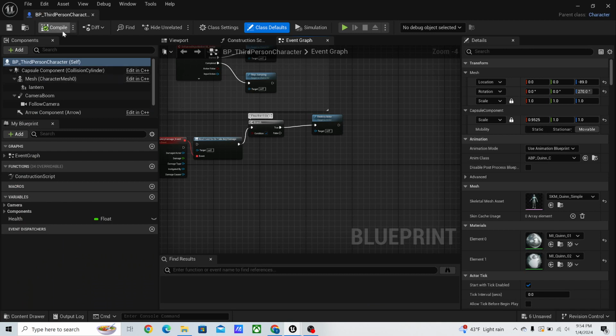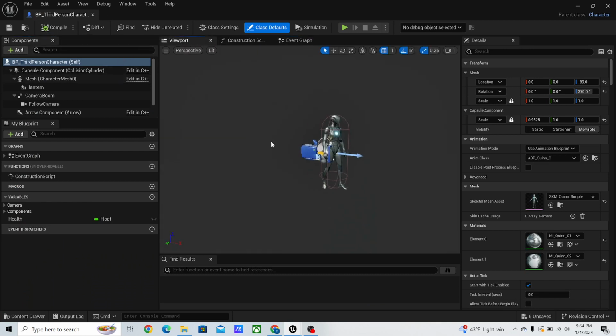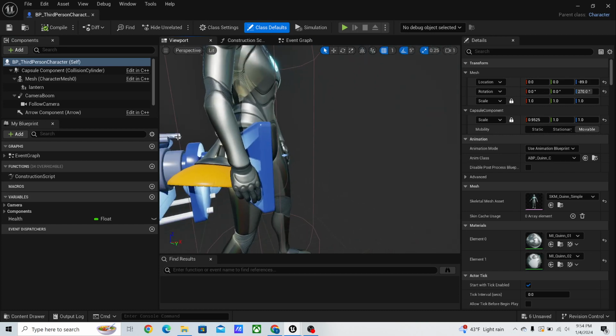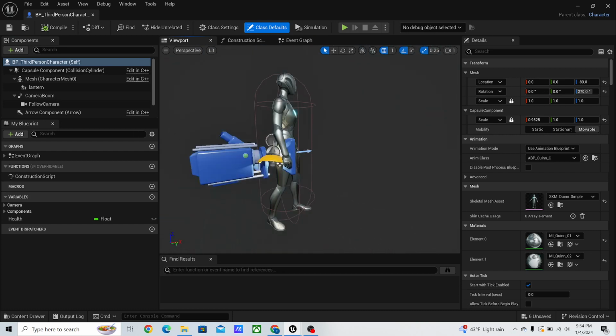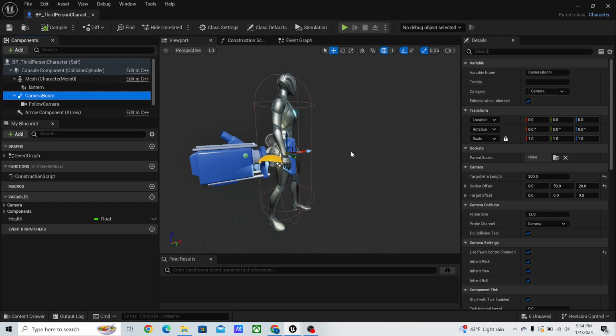What's happening is when you go back here to the viewport, we can see the camera is now inside the character, and that's because of this camera boom. It apparently counts as a collision object. So if you put something in the way of its target, it messes up and causes it to go directly towards